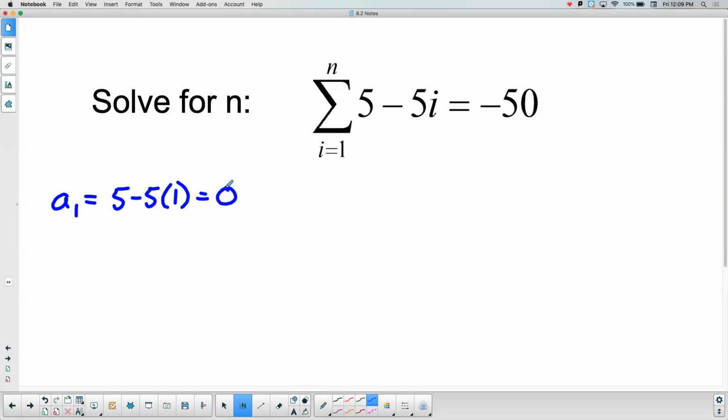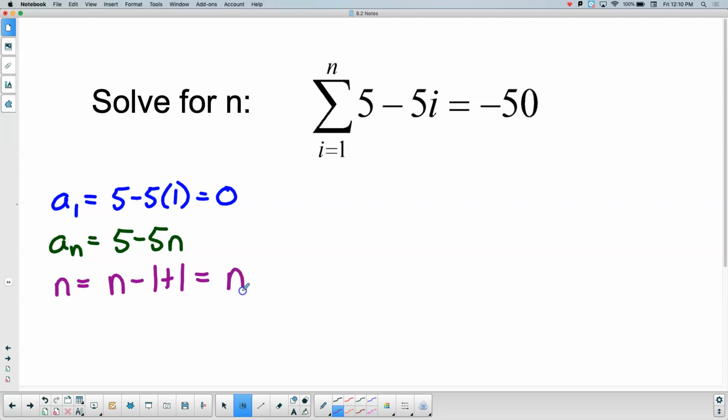Then you're gonna want to find a sub n. Which I put as 5 minus 5 times n, which is 5 minus 5n. And you're gonna want to find n. I think for that part, it's just n minus start plus 1. So that's n minus 1 plus 1, which is just n. And then you're going to want to put that into the